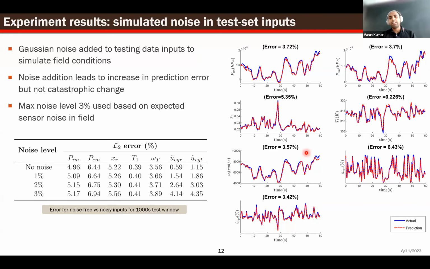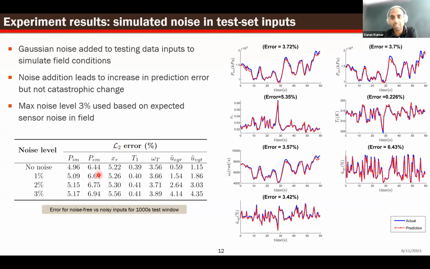The next thing we wanted to understand is, if we have a model that we train with the data we have, and we send it out in the field, what happens if the input data has noise? To simulate that, we added Gaussian noise of different levels to our inputs, and used the same model that was trained on noise-free data to see the change in the output. The table here shows that as you increase the level of noise, the error also increases,